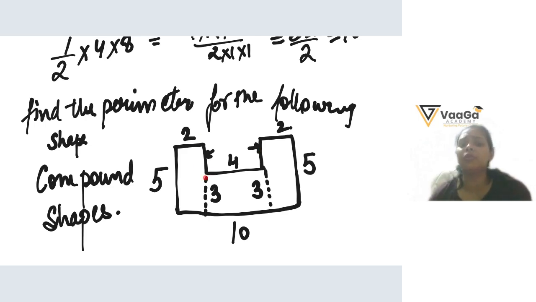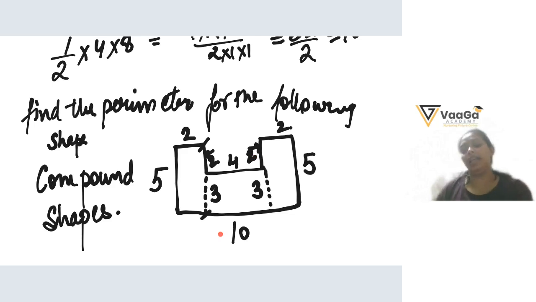But the 4 is the horizontal side. Now, I need the vertical side. But then is 5 useful for us to find it? Yeah, 5 is useful for us, but 4 is not useful. See, this side is 5. This means this whole is 5. Out of that whole 5 centimeter, it will be 2 centimeter, because 5 minus 3 equal to 2.